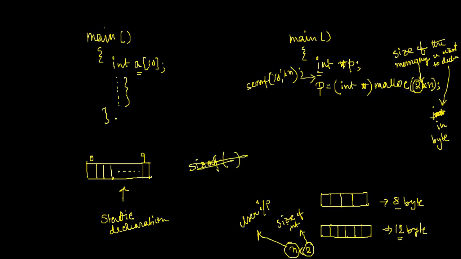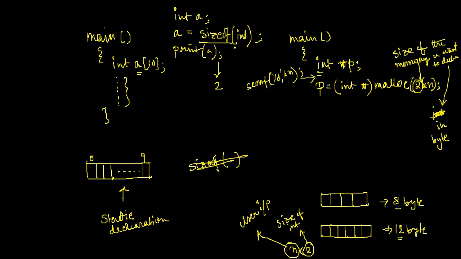Now let's write it properly. Suppose I have an int, say A, and if I write int A equal to sizeof(int), it will basically return 2 within A. And if you print A, it will print 2. Why? Because the size of an integer is 2. So we have an inbuilt function within C that is sizeof.